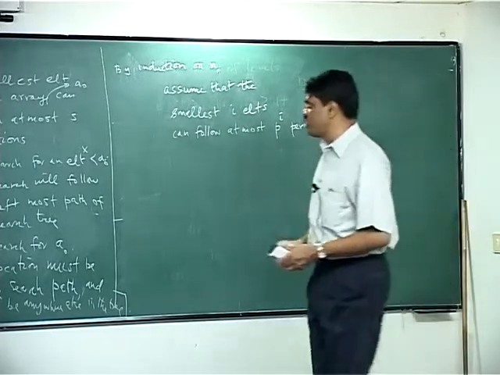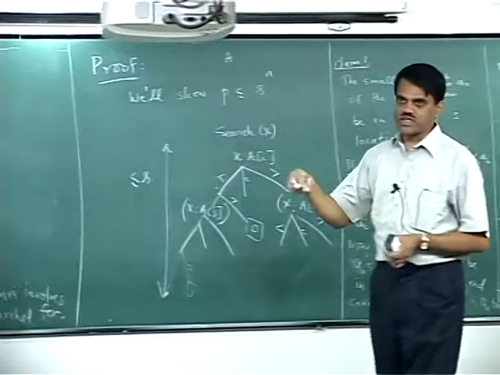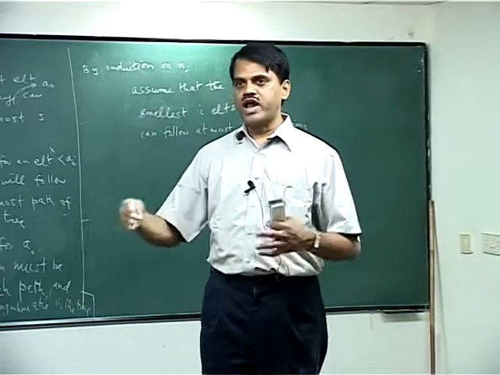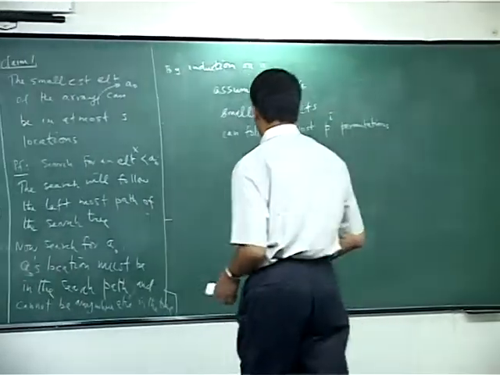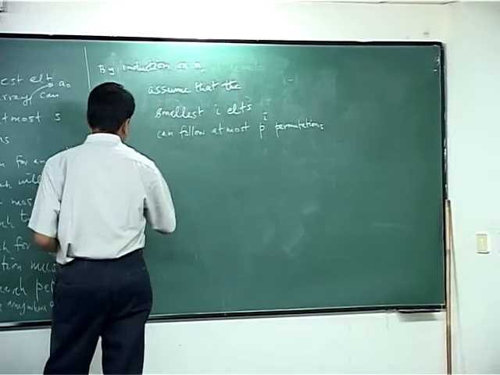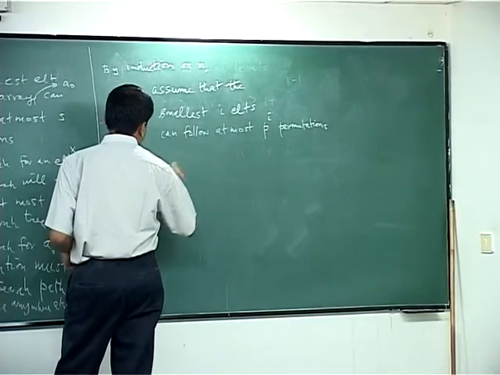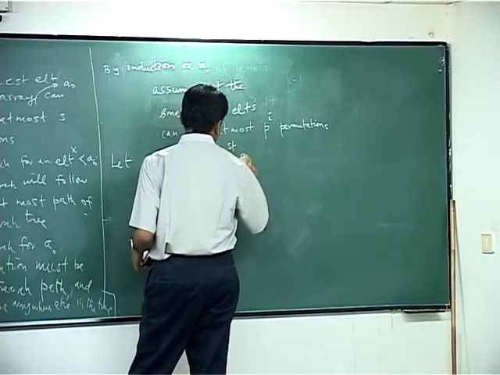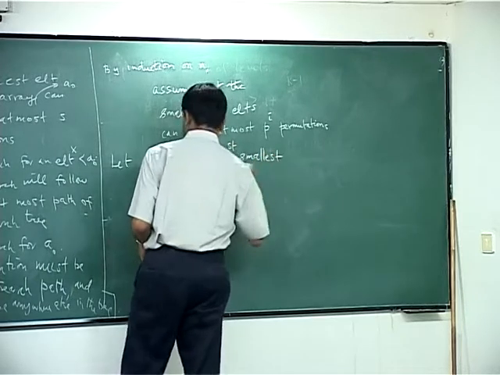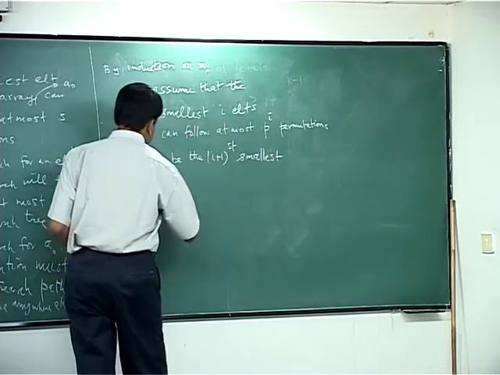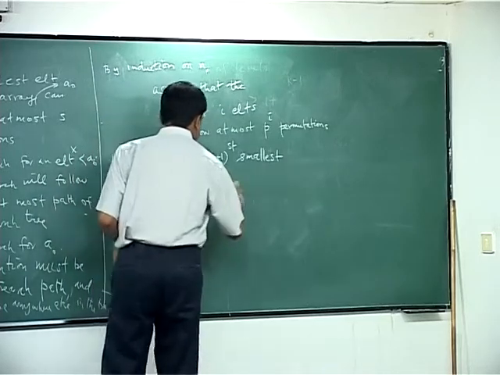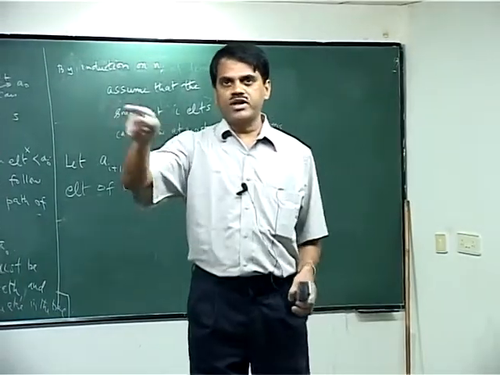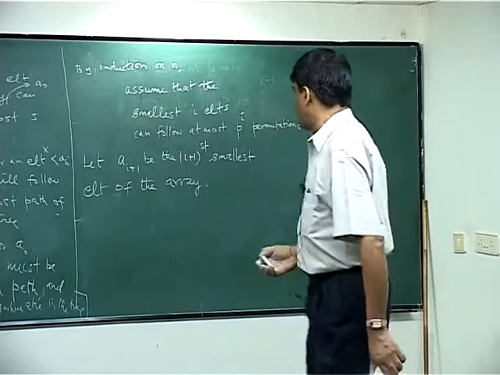Then by the same kind of an argument, I am going to show that the next smallest element can have at most s locations where it can be. So, together there will be at most s power i plus 1 locations. Okay, let a i plus 1 be the i plus first element. Pretty much by the same argument, I want to show that this element also can be in at most s locations. Why? Well,